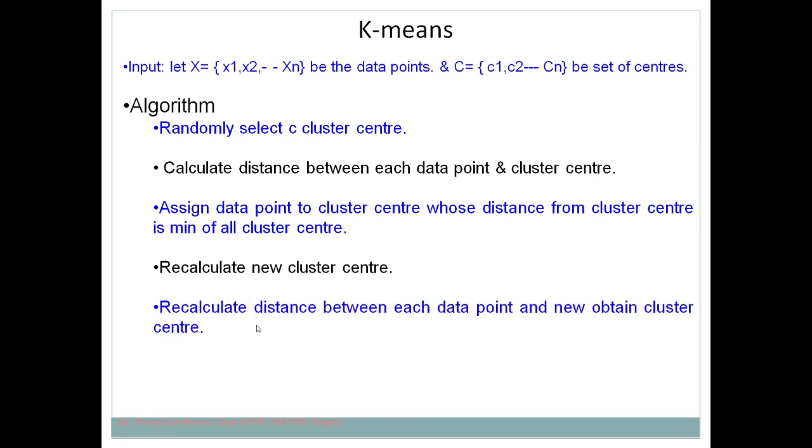Again you calculate the distance between the new center and the data points in the data set, and accordingly you reassign them to different clusters, and you follow the same step again and again until all data points are mapped to clusters and we get the same values in the last two iterations. We need to continue this process. As written there, if no data point was reassigned then stop, otherwise go to step 3. In this way the k-means algorithm works. I hope it is easier to understand this algorithm based on the example.